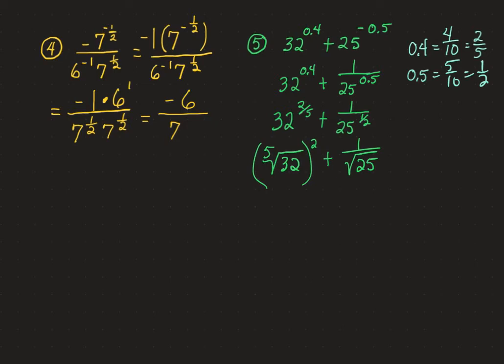Please remember, I'm not solving anything here. I'm evaluating what was given to us, what was written in this fashion. There's no indication that they want a plus or minus in front of the square root of 25. So I'm only going to be dealing with positive numbers like 1/5. So that brings us to 4 and 1/5, which is okay, except when we began this process, we were looking